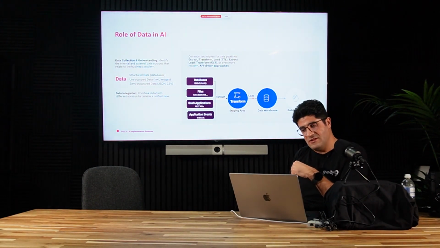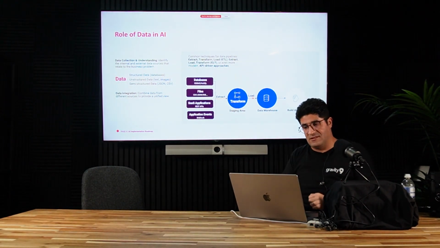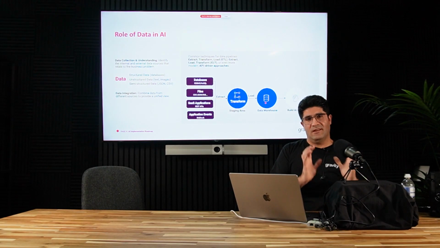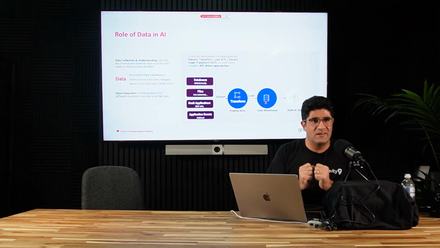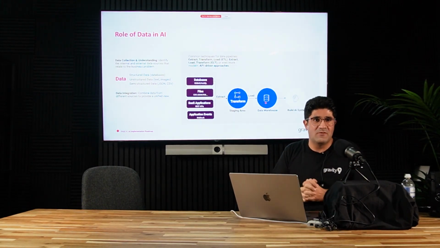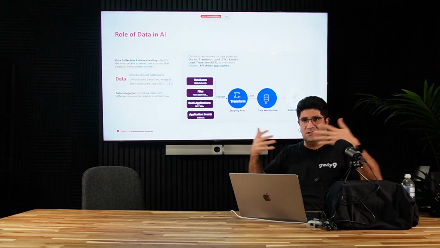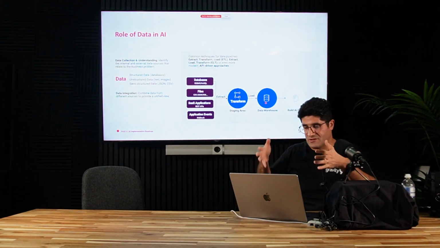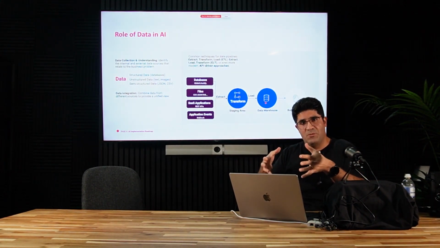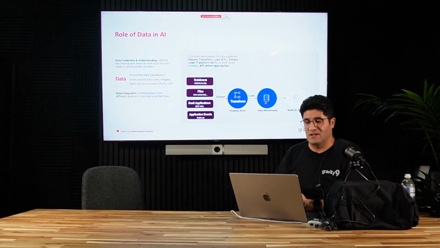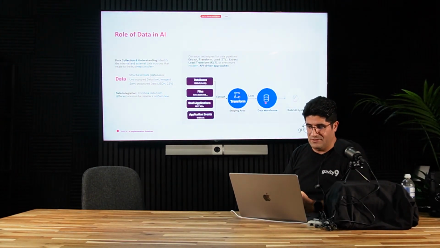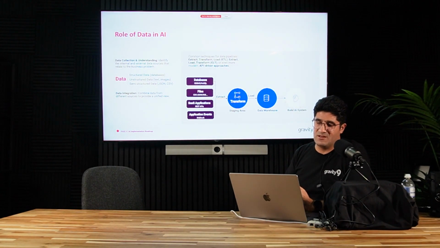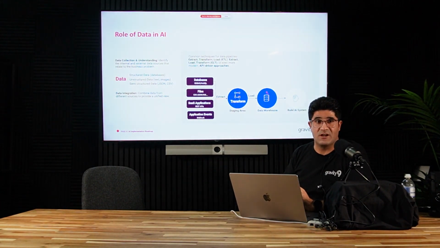Then we will load this information when we transform the data. We will load the data inside a place that looks like a data warehouse. A data warehouse is a place where all the data from different locations is transformed, prepared and stored in a structured way. And then we can build an AI system on top of this data warehouse.